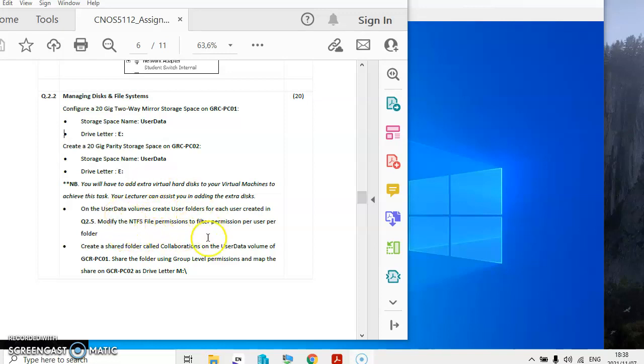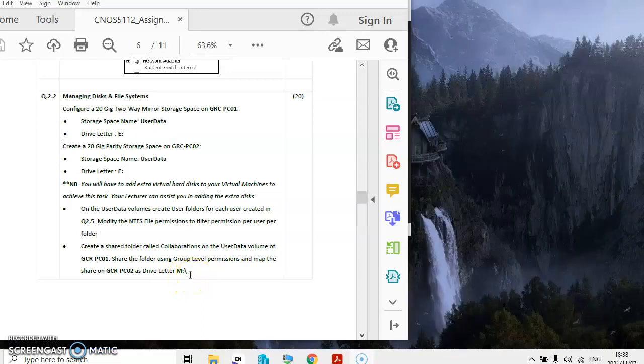So for the next instance, it says you need to create a folder, a file with permissions. This will come later after question 2.2, because you have to create local users, user accounts that have access to these PCs. Then you can create group level permissions and map the shared collaboration folder to a drive letter called M. So remember, we've created